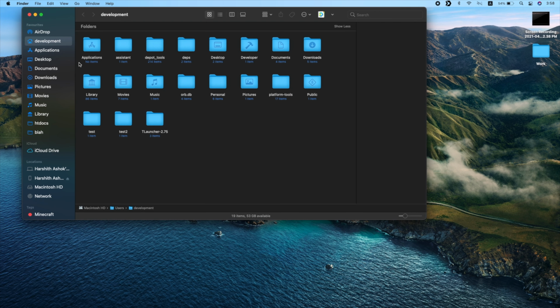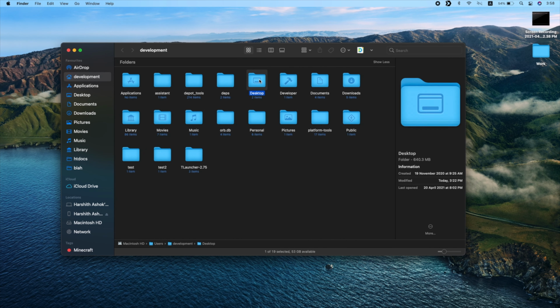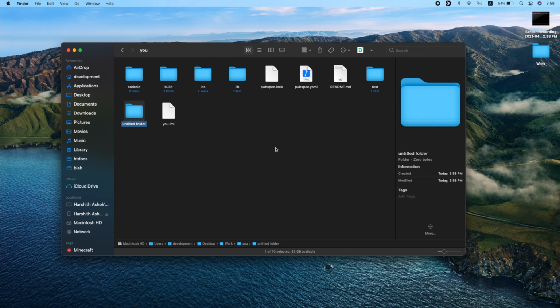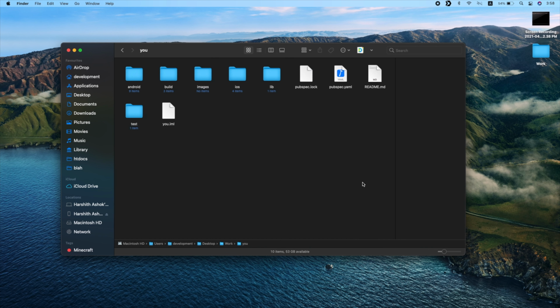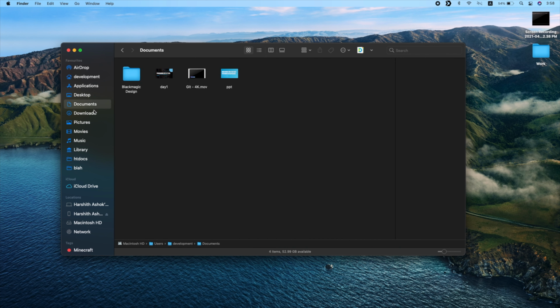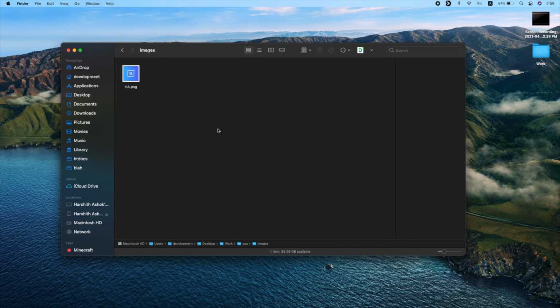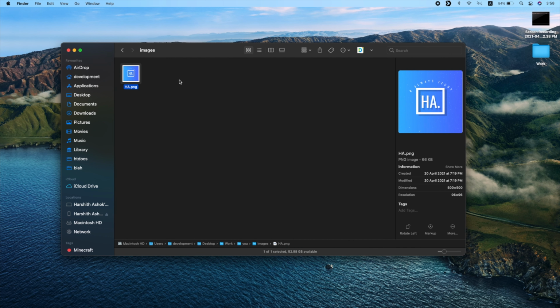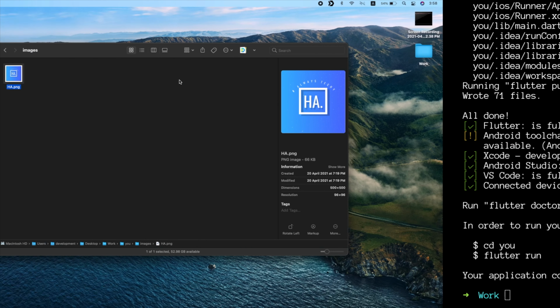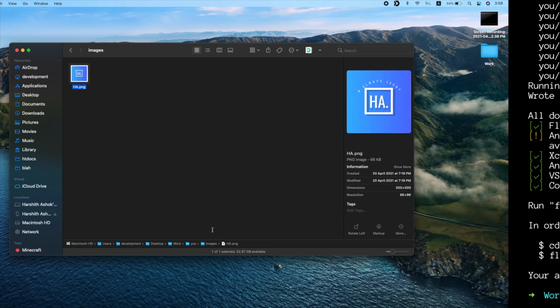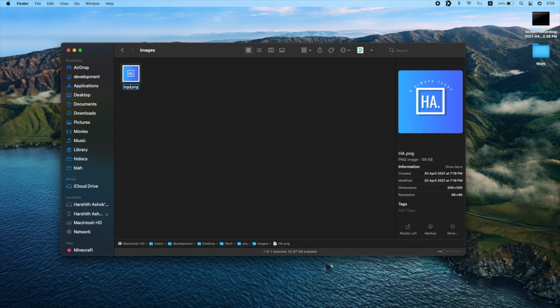So what you need to do is locate where your app is. Mine is under desktop, under a folder called work. So I'm going to create a new folder called images, and I'm going to import a new image. I have my logo over here, so I'm just going to import that over here. Make sure that the name you are giving will be easy to access inside our app, so we don't want to check every time we add an image. So over here I'm just going to change it to logo.png.